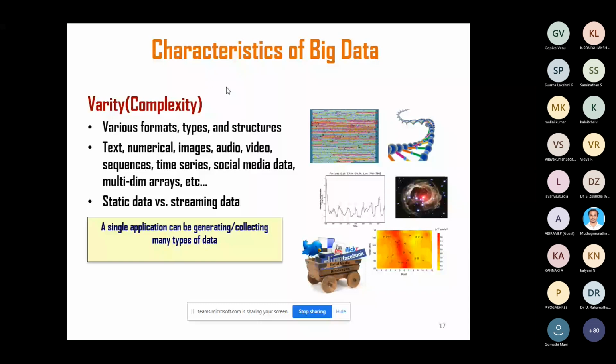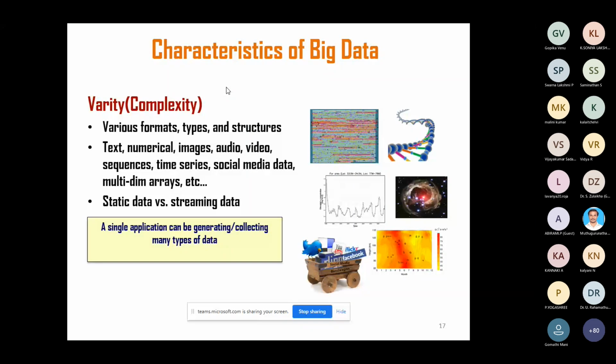Many researchers are handling structured data, and of course text-form unstructured content, but the prime interest or focus in the near future will be towards video analytics and audio analytics. Simply to say, streaming data. Many have not even attempted it. It's a prime focus and of much interest in the area of research, video analytics and audio analytics. So the existing data will have different formats, different types, different structures.